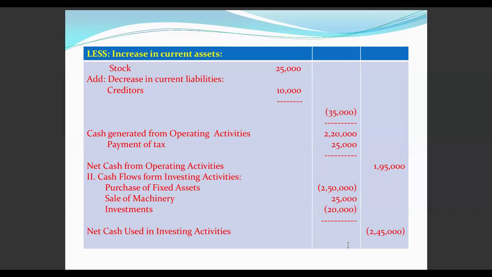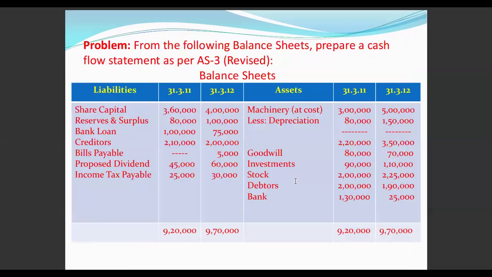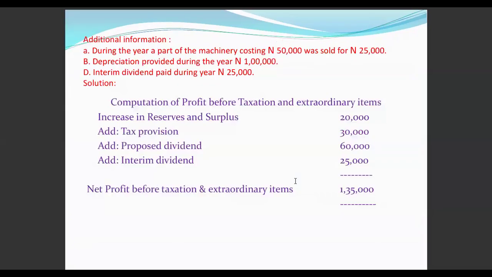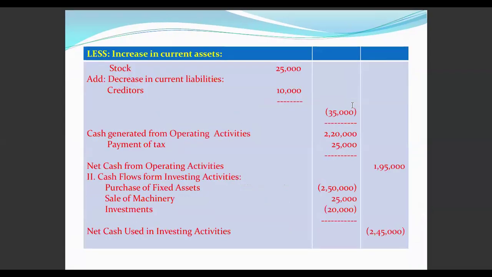Then after that, we have to talk about the cash flow from non-operating activities, that is investment activities. We have an adjustment given in the numerical that during the year, machinery of 50,000 was sold for 25,000. So we prepared the machinery account. So, sale of machinery, the cost was